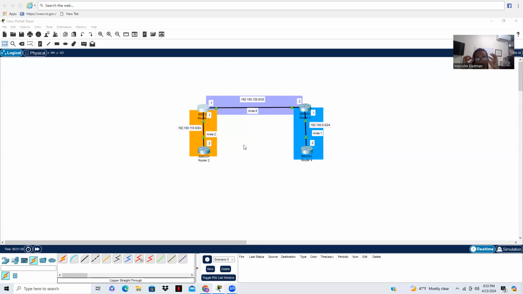Hello, everyone. This is Malcolm Eastman, and today we are going to be going over multi-area OSPF in Cisco's Packet Tracer. So, in this lab, we're going to be configuring three different OSPF areas: Area 0, Area 1, and Area 2. And we're going to basically give every router here the ability to communicate with each other, no matter what